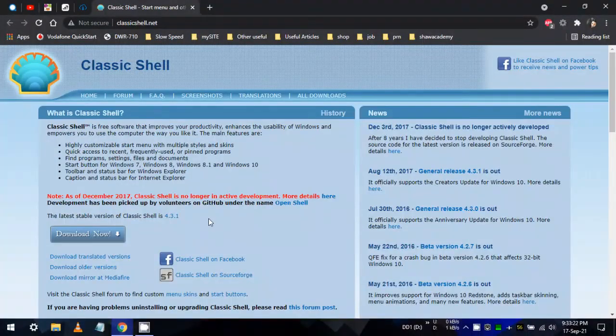Additionally, it is also said that this project was picked up by volunteers on GitHub, and you will find more information about that in here, along with many tutorials and other resources